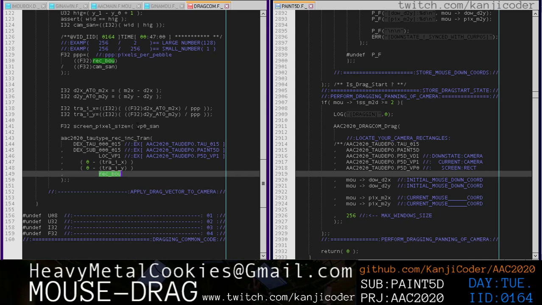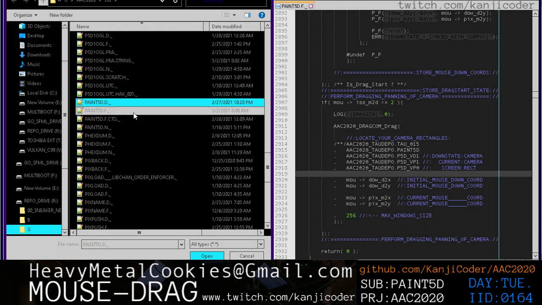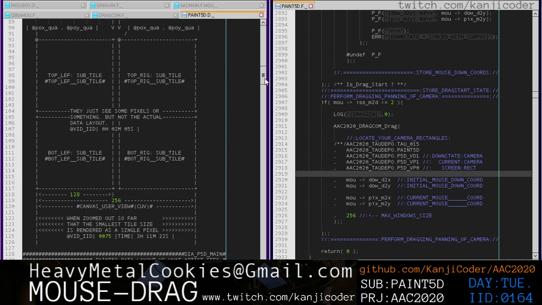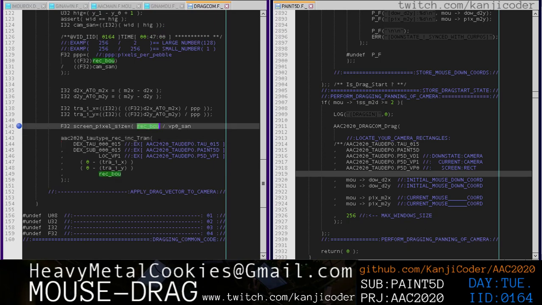that means we're going to take this, right, so if this is 255, well, hold on. No, this is not what we divide by. This canvas user view, what size is this? 256. Yeah, I thought that was 256. Okay. So 256,